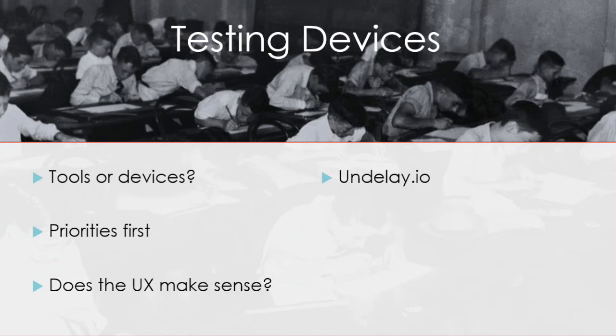So if you have a responsive page, do you know that your form is the first thing on there, or that the headline that you want is? When the page shrinks, are your priorities the top thing on the page when it's on the mobile device? And does the UX make sense? Right? So if you have a responsive site and you're looking at it on a mobile device,